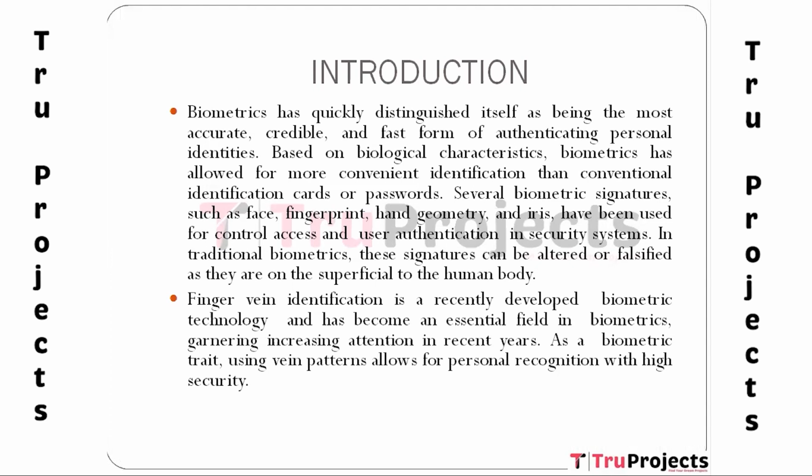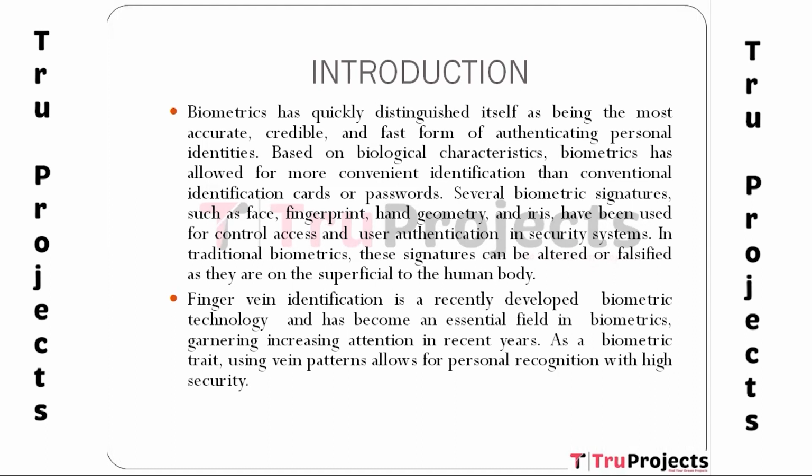Several biometric signatures such as face, fingerprint, hand geometry, and iris have been used for controlling access and authentication in security systems. In traditional biometrics, these signatures can be altered or falsified as they are superficial